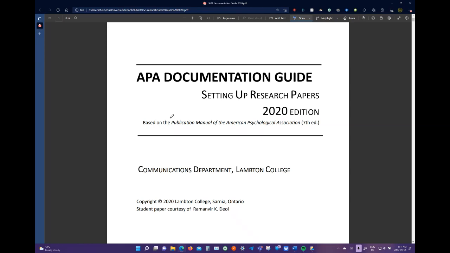So if you are not familiar with the most recent edition, which is from 2019, this document says it's from 2020. So if you're not up to date with the documentation guide, there might be some new content for you to learn today as well. Okay, so